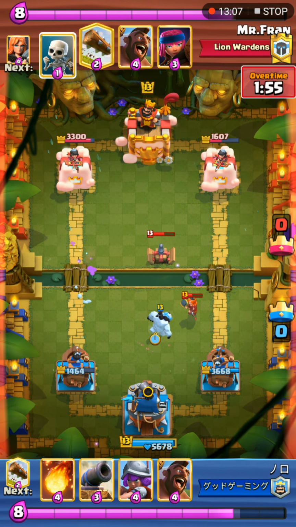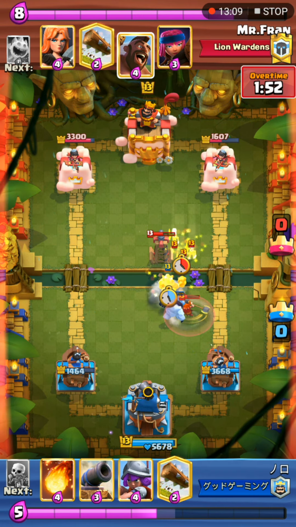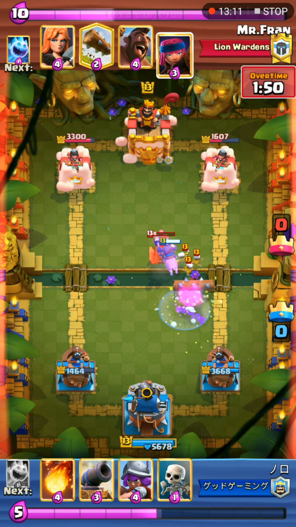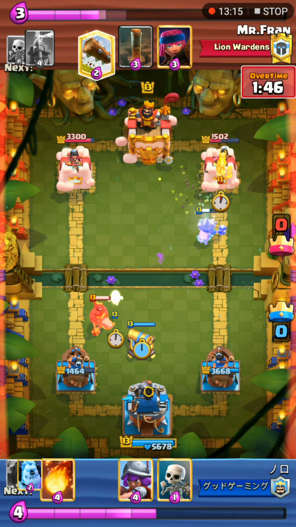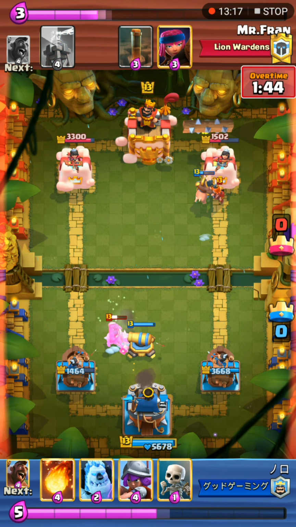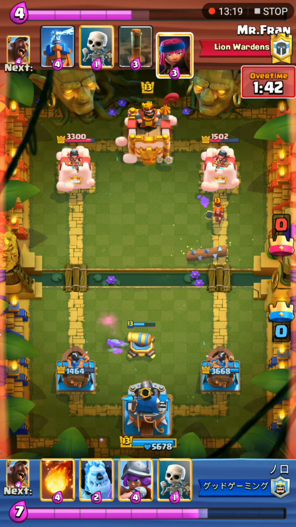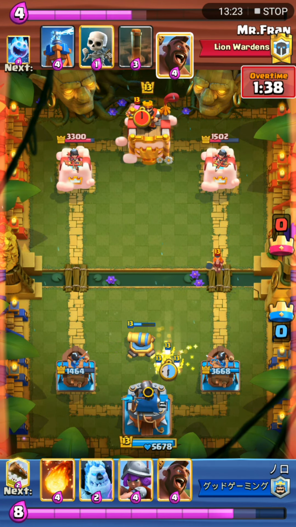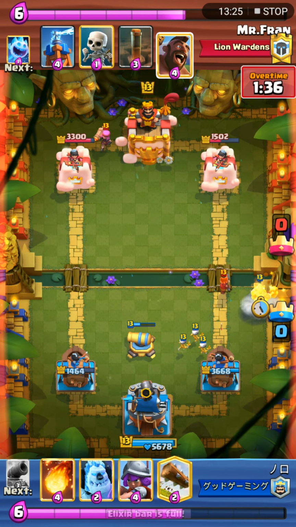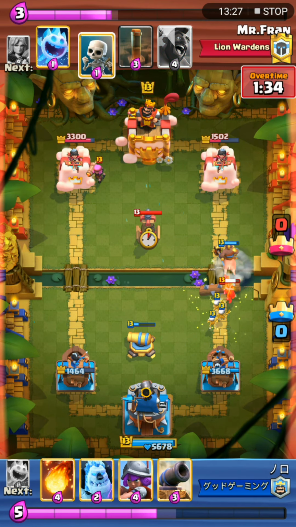Okay, Ice Golem probably to cycle, and then a Hawk for the Tesla right away, as well as Log for the Skeletons. Mr. Friend played a Hawk himself, and then a Cannon by Noro. A Log has to be played to prevent damage from Noro's Hawk. Then Skeletons played, Hawk played once again, and